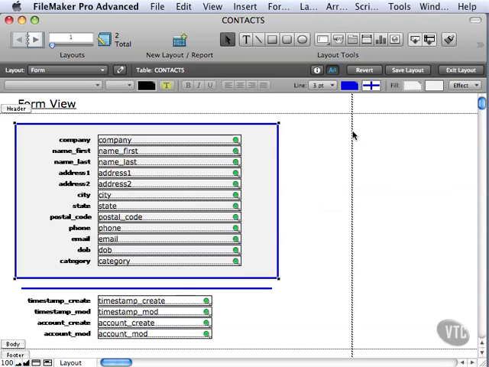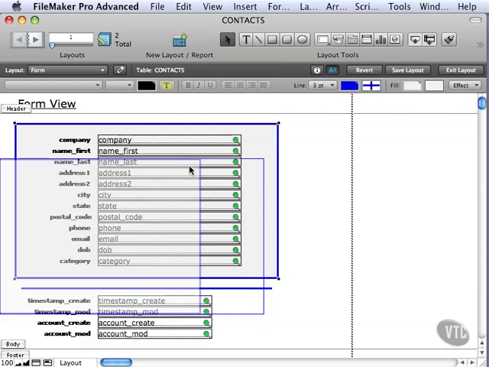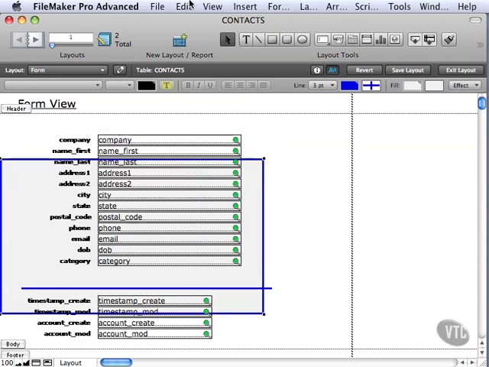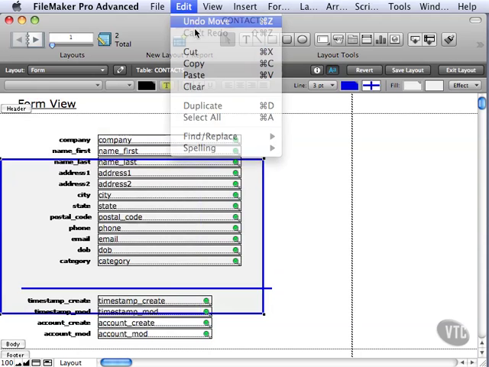It's looking really good. So I like that. We'll stick with that. It's pretty nicely lined up with these lines. I think it looks pretty good. But what I want to do now is these fields are kind of hard to see with that gray background now. So what I'm going to do is I'm going to draw a selection rectangle. But you see what happens when I try to do that, and I'll undo that,